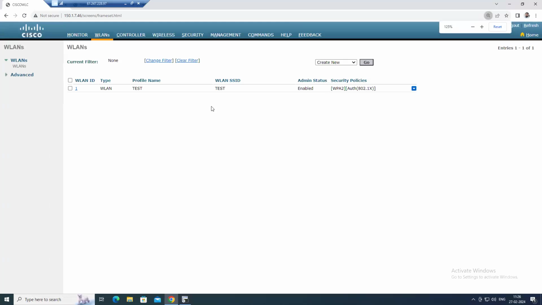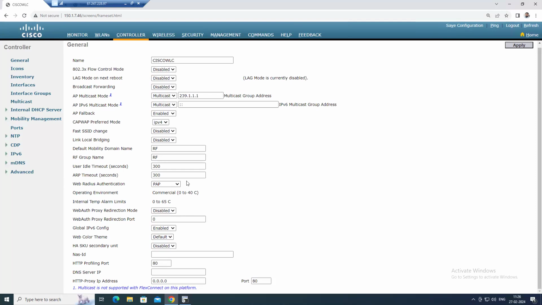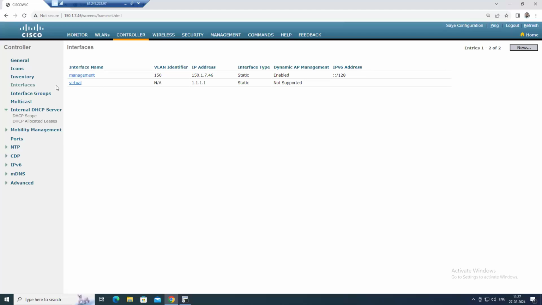It is visible, right? After that, we have the controller tab. In this controller tab, you will do the configuration for the WLC. Let's say you want to change the WLC host name, or this multicast IP address, okay? Or if you want to change any configuration related to the WLC, then you can make changes here, okay? Like you want to set up an internal DHCP server on the WLC. If you want to configure interfaces of the WLC, then you can do all this configuration from this controller